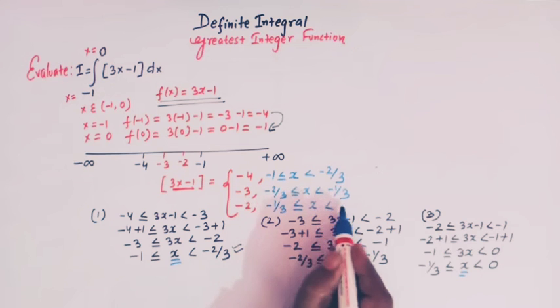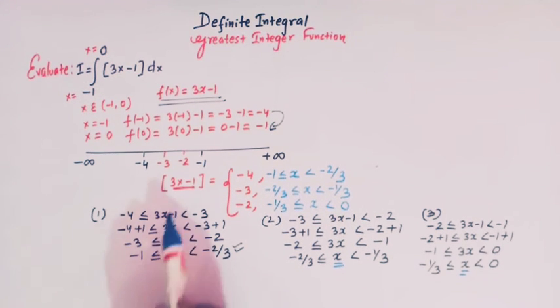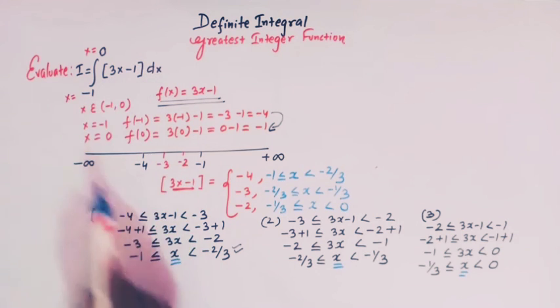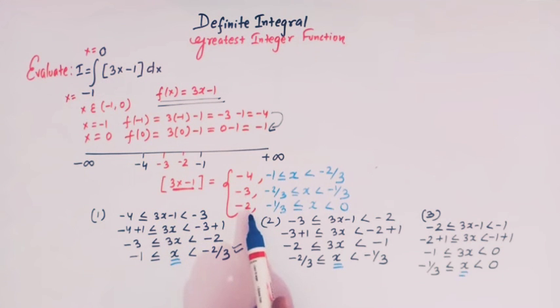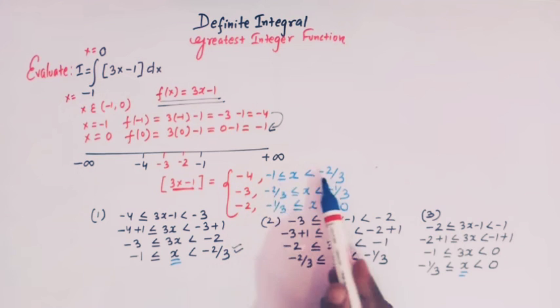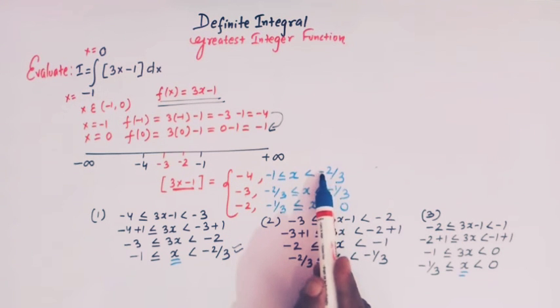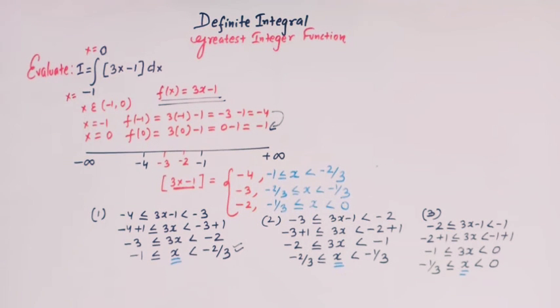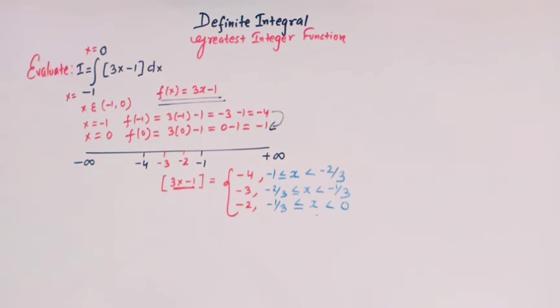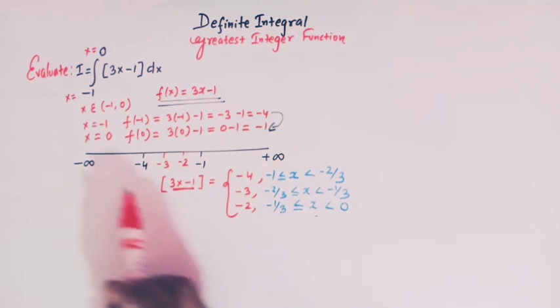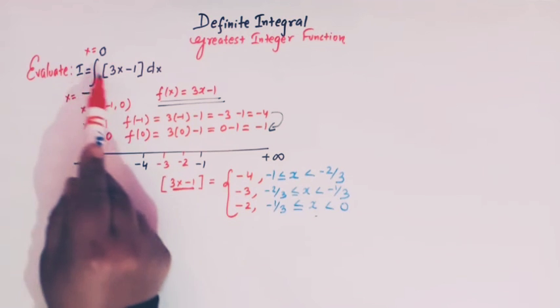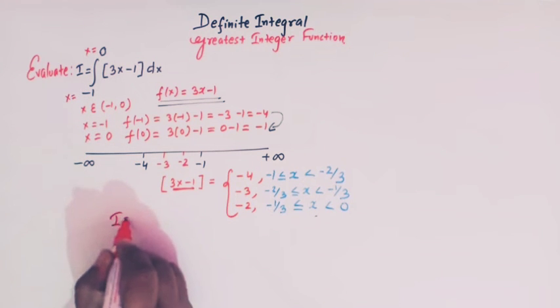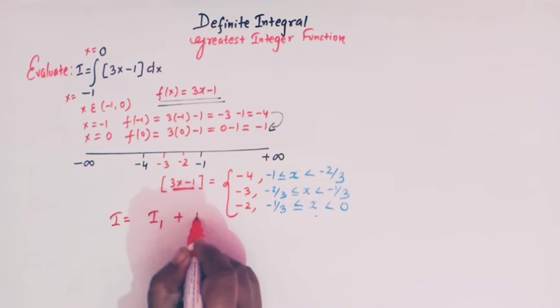and 0, right? So now we have expressed our integrand as a piecewise function in which x varies from minus 1 to minus 2 by 3, then we have minus 2 by 3 to minus 1 over 3, and then we have minus 1 over 3 to 0, right? So viewers, now we have to split this integral I as a sum of three integrals,